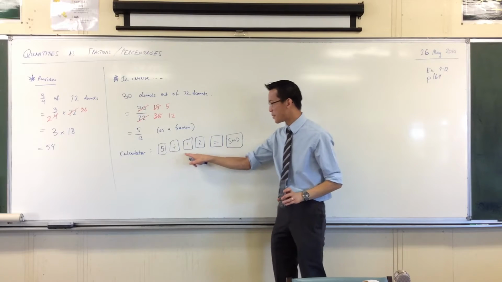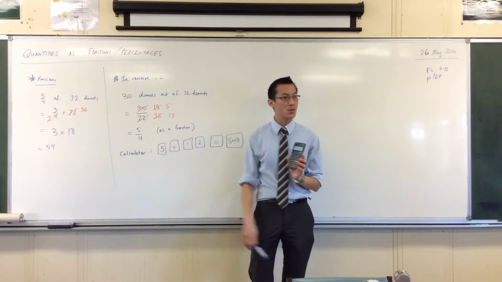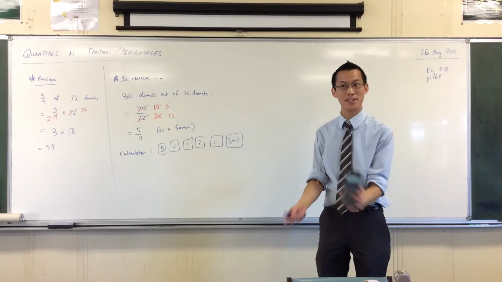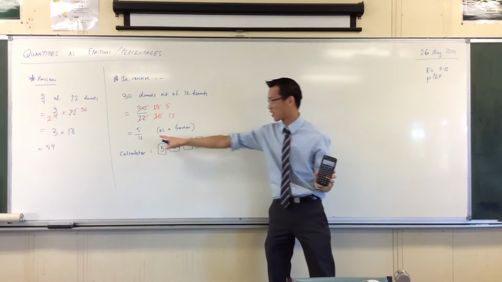If you went 5 divided by 12 and you pressed equals, some of you will get back a fraction, others of you will get back a decimal. If you've got a decimal, that's great. Just leave it where it is. If, like me, you've got the fraction,